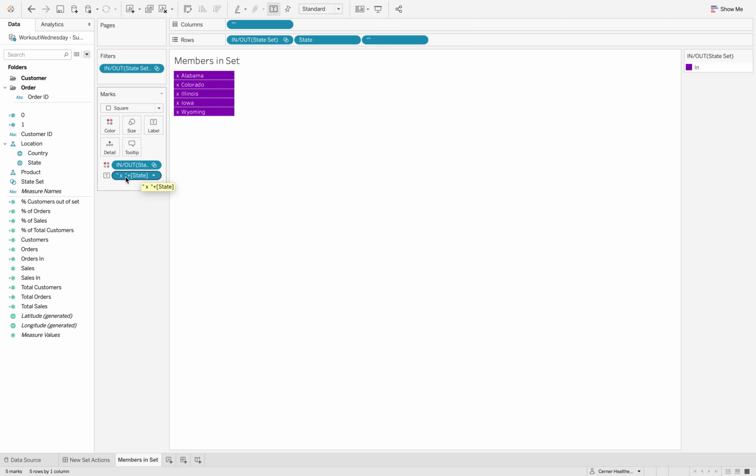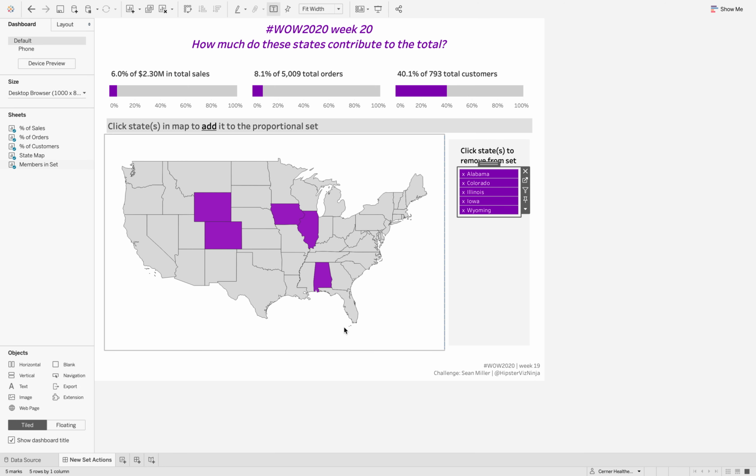Again, trying to improve the user experience and the user interface. So very, very simple stuff. I've not done anything new. If you've been using sets and set actions, nothing here has changed. But now that we have our dashboard,